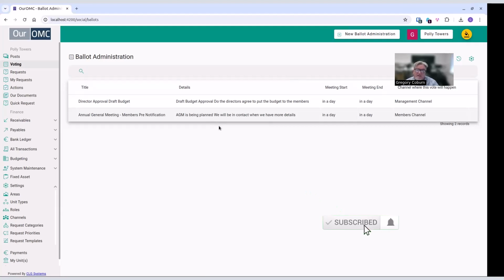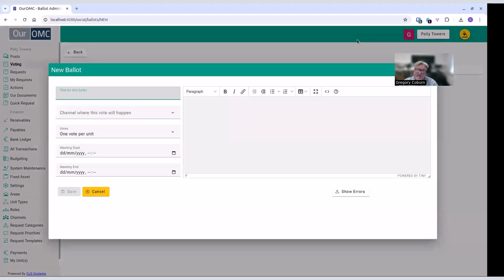This is about voting in ROMC. One of the things that's really nice with ROMC, in fact, it was the key reason why we created it in the first place, is we wanted to be able to let members have a voice in how the OMC is run. I know you can do these things with WhatsApp and you can do it with Facebook. But what we find is in those sorts of platforms, whoever shouts loudest, whoever shouts longest, appears to be the majority, but that's not usually the case. We find that there's very often a silent majority there, and we wanted to allow that silent majority to have a voice in how their community gets run.